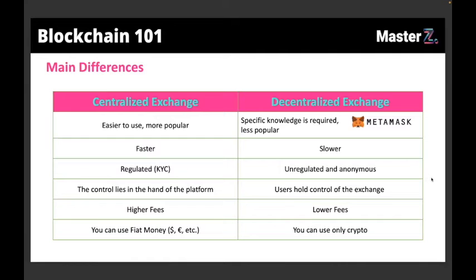platform at their will. And also, what it means that they control the platform is that the tokens inside a centralized exchange are not really in your hand. Let me explain this better. Every time you buy, let's say, Bitcoin on a centralized exchange, you put your money in, you buy the Bitcoin, and on your profile, you can see you have, let's say, 1 Bitcoin because you just bought it. But in reality, the control of the wallet and everything is in the hands of the centralized exchange. So physically, the Bitcoin is still in their hands.